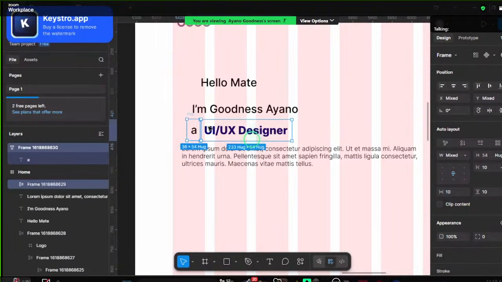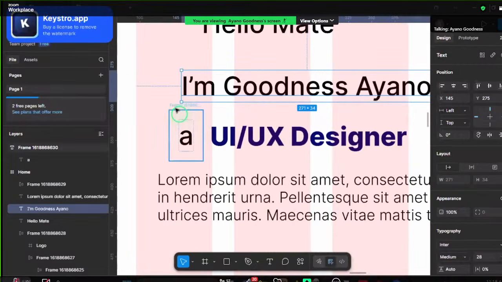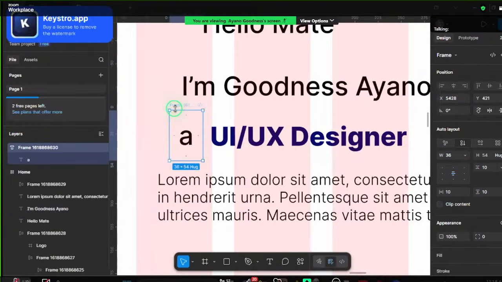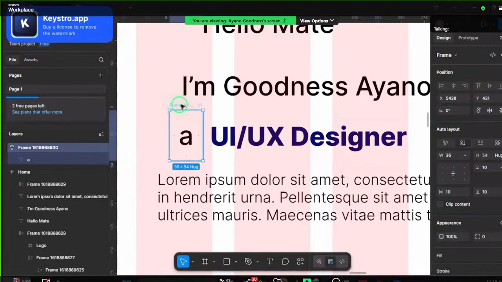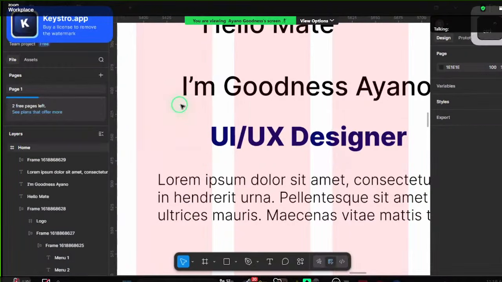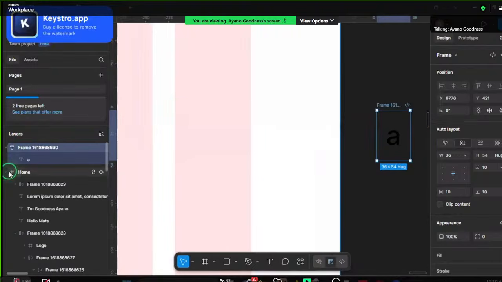So once you put it in auto layout, you check your layers panel, you will see that yes, you have this particular icon and a frame with a number. So that helps you to know that yes, this is auto layout. And I think this is not inside the frame, so that's why I'm having this error. So this particular element here is not inside this. It's not inside this, and you see that it's outside the home. So you can drag it inside home,